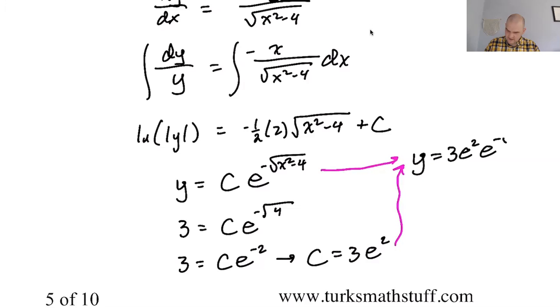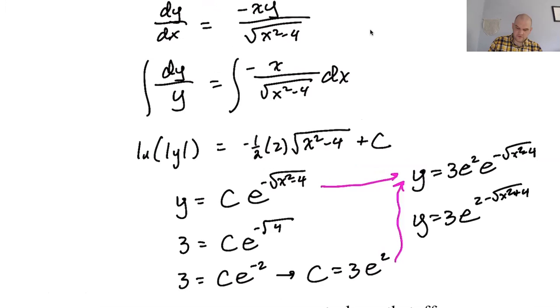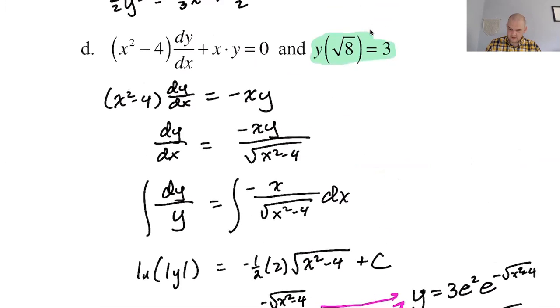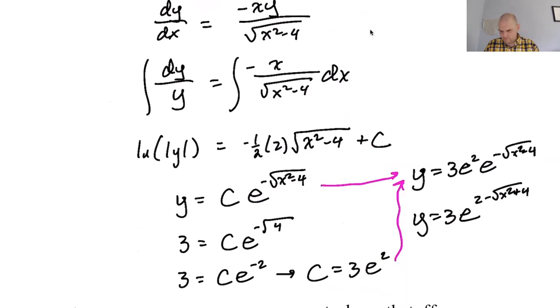y equals 3e squared e to the negative √x squared minus 4, but that can be rewritten as 3e to the 2 minus √x squared plus 4. That's a gross answer. I don't know if that's right. I mean, almost anything could be the answer to this. I believe this is correct. I think I should have put that